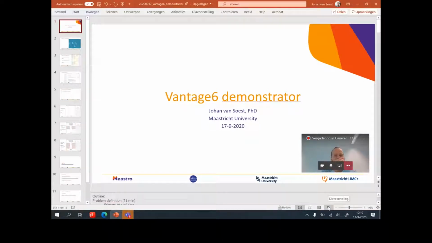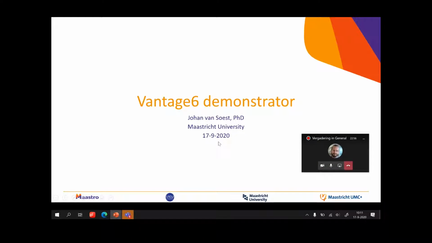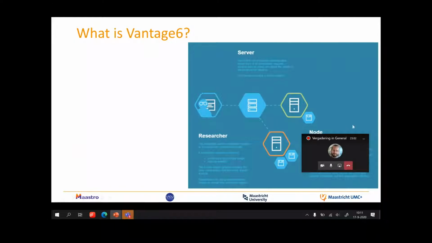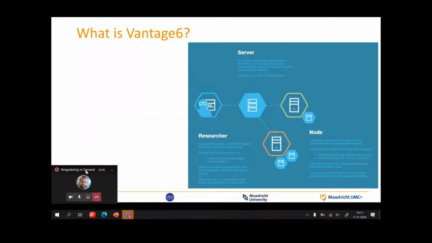So yes, Vantage6, and a demonstrator specifically about that. First of all, a very small background of what is Vantage6. It's basically the personal health train implementation of the infrastructure